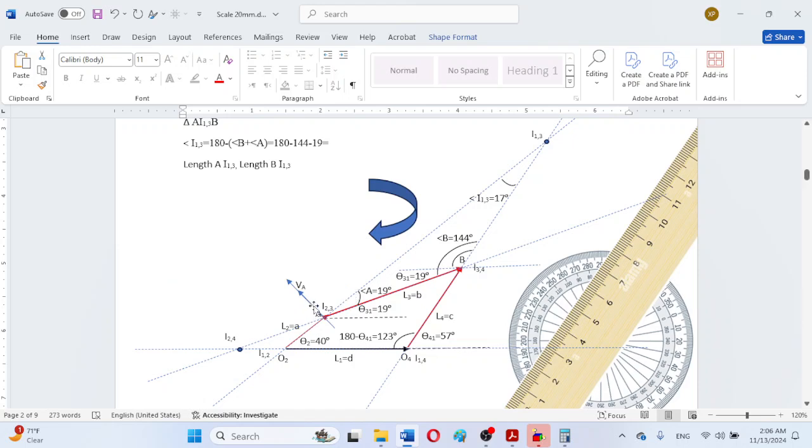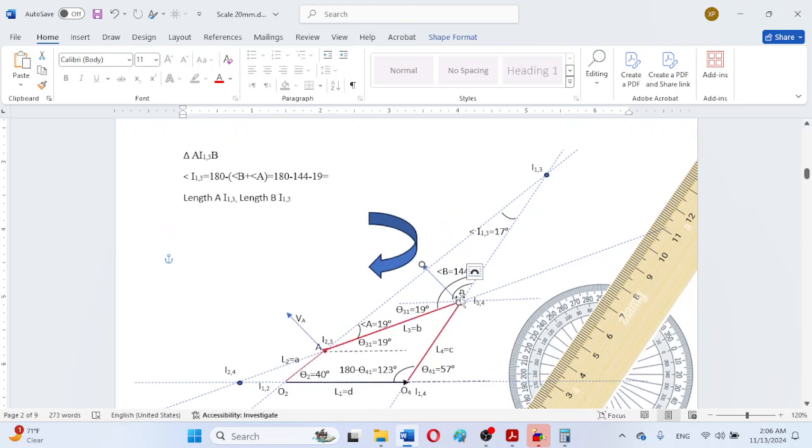just copy pasted here, just say for example here like this, that this velocity of point B will be perpendicular to the line B I 1,3. So make it exactly perpendicular as far as possible. You can use the help of a protractor or just observation. So this line, this velocity is VB, and its orientation will be